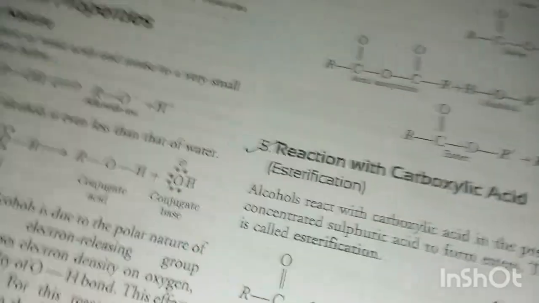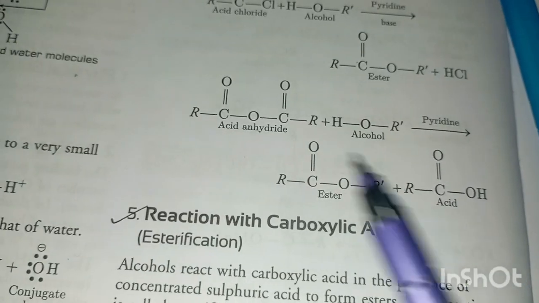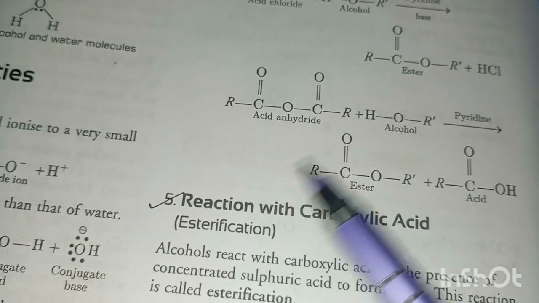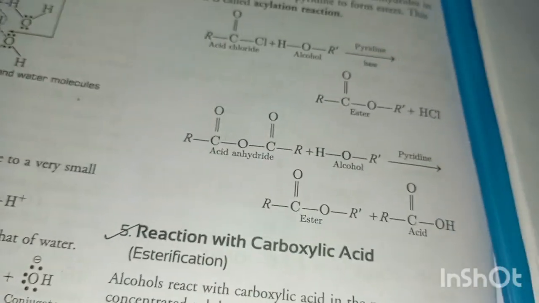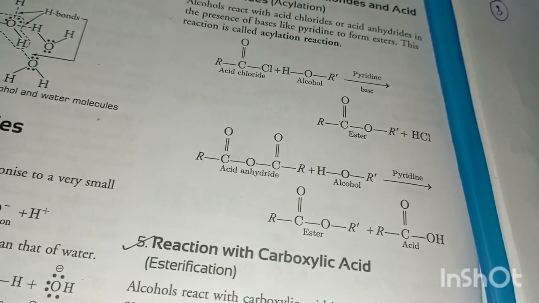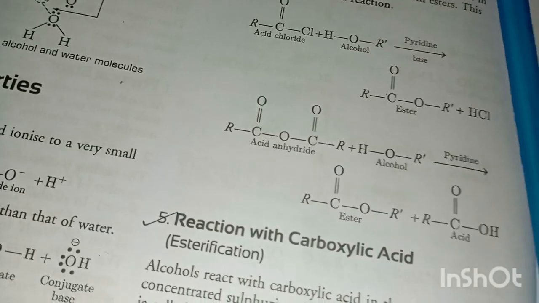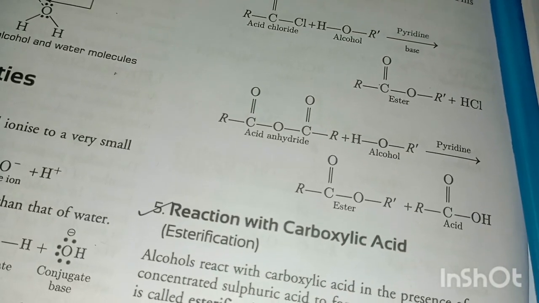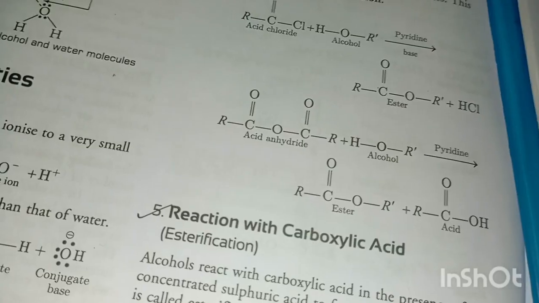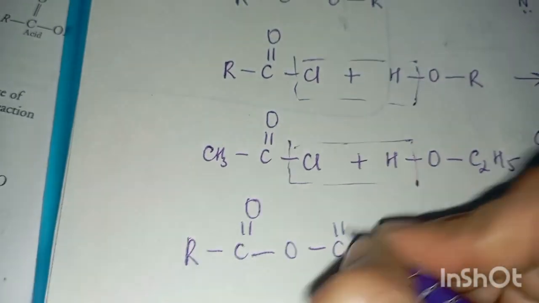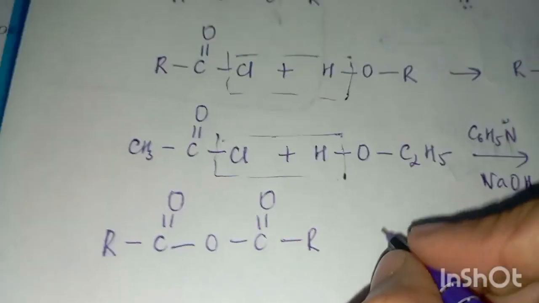Now acid anhydride. What is an acid anhydride? This is an acid anhydride: RC double bond O, O, C double bond O R. When two carboxylic acids mix together, and by removal of one water molecule, an anhydride is formed. So this is an acid anhydride, R C double bond O, O C double bond O, R, plus